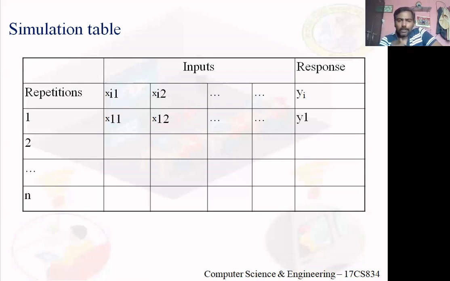X32 is the service time of the third customer, 5 minutes. X31, the arrival time of the third customer, is 9:50. But his service begins at 9:53, so his service ends at 9:58. So his response time is 8 minutes, even though his service time is 5 minutes.